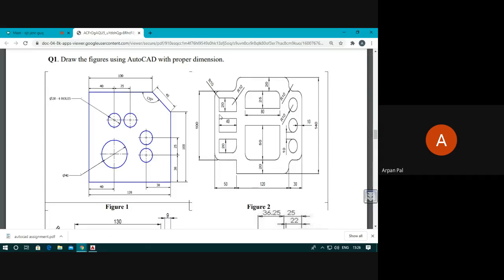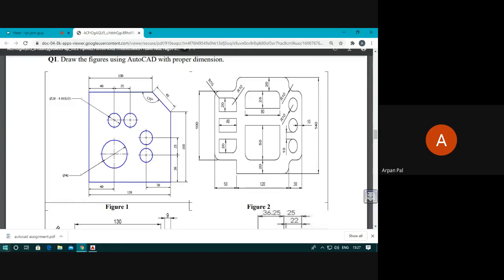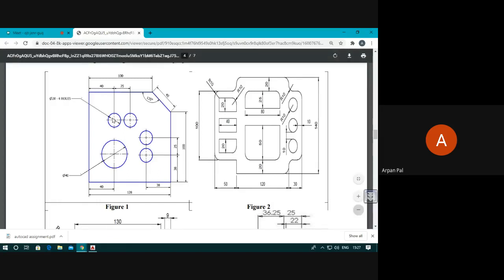How to keep the dimensions. But let us learn the drawing first. So, can you observe? There are 5 circles and the dimension given is only 2 for the circles. For this one dimension is given, and for this one dimension is given. Then what is the dimension of this one?